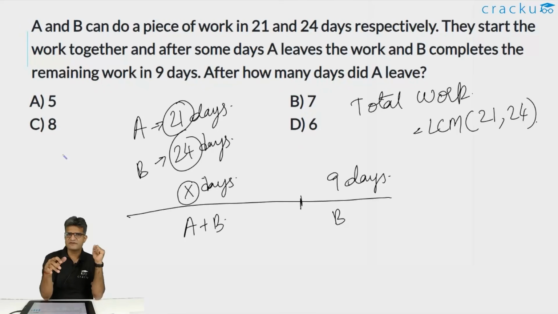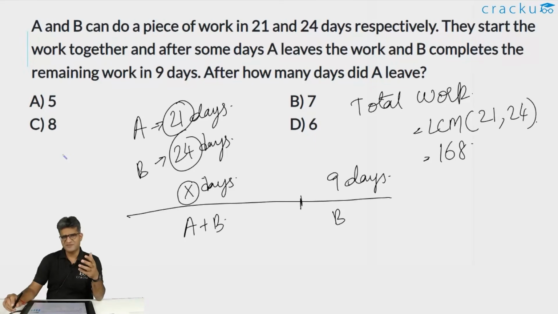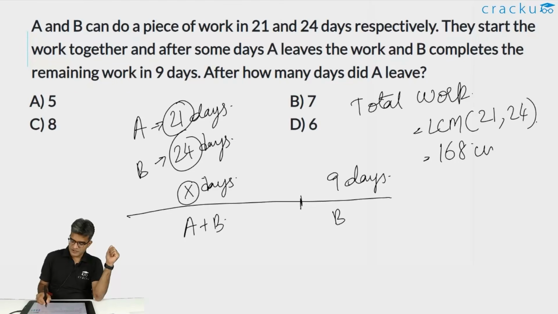What is the LCM of 21 and 24? It is 168. If you are not sure, you can actually say that the total work that is needed is just 21 into 24, which will be some number. I think it will be 500 something, maybe 504. You can assume it to be that number also. The answer won't change. So if you assume that the total work that needs to be done is 168 units,